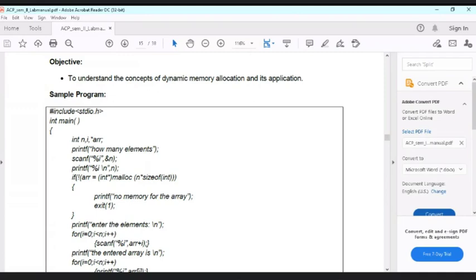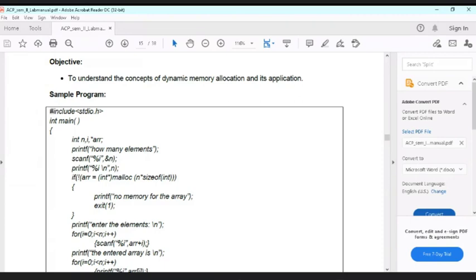Others can also think of giving the answer. Just try to think about what he said as the first statement. The difference between malloc and calloc is that malloc allocates a single block of memory or space for storing all the array elements or all the data, and calloc will allocate different blocks of memory spaces for storing the same data, right?